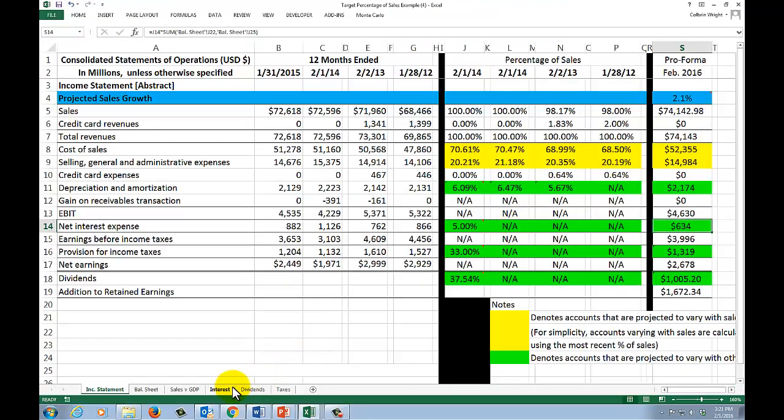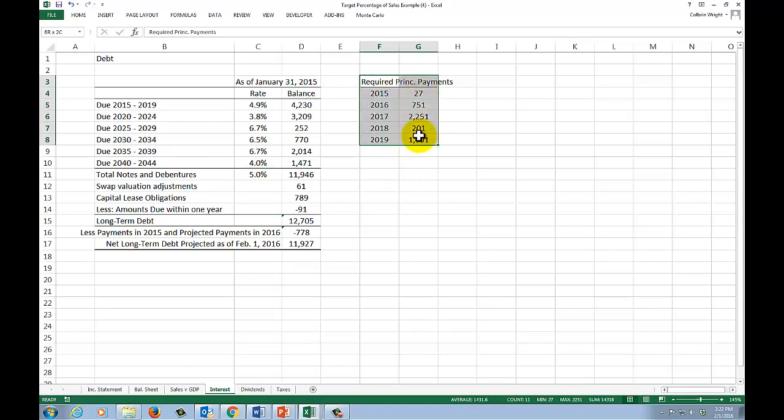I'd also like you to notice, however, this information is also extremely helpful for us when we forecast the balance sheet. As we step out 1 year, so we're trying to forecast the balance sheet at the end of this 2016 period, what that means is looking forward in that year, we will have $751 million of long-term debt that we'll have to pay in that period. So you have to understand the timing here.